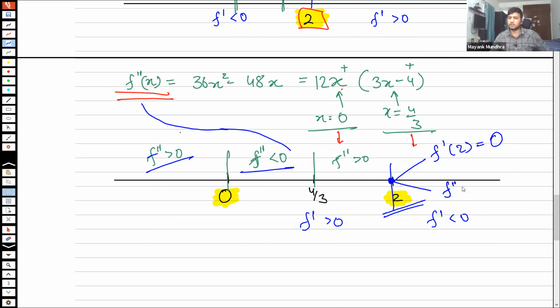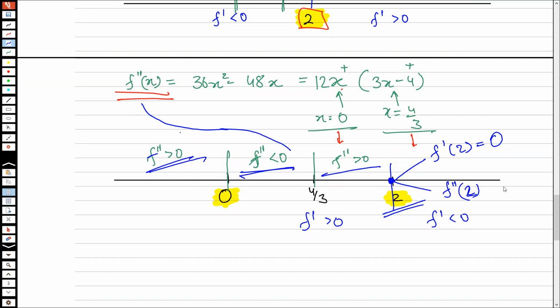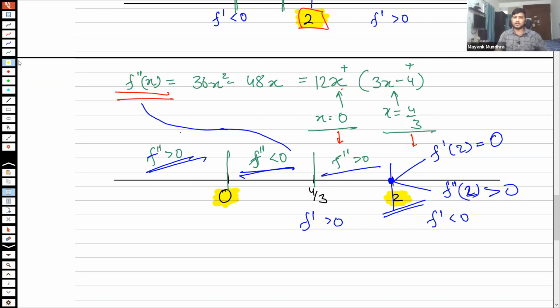Right? And what is f double prime at 2? Kanishka again. What is f double prime at 2? I don't want the value. I just want, is it positive or negative? The answer is actually already written here. Don't need to solve it. So it's positive, because this entire zone is positive, and this entire zone is negative. So f double prime at 2 is positive, f prime at 2 is 0. So what is 2? Is it a maxima or a minima again?